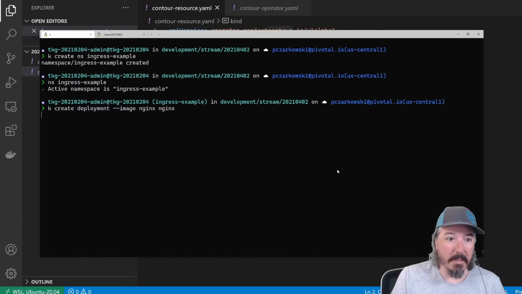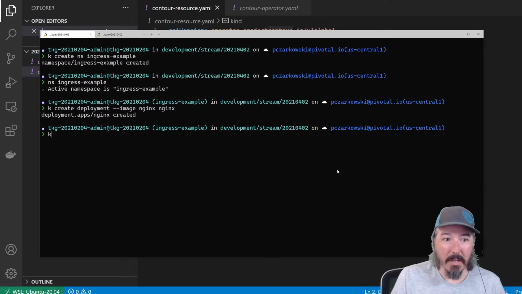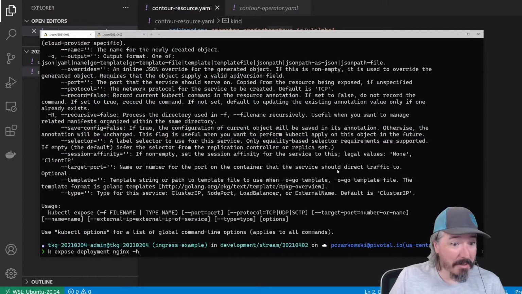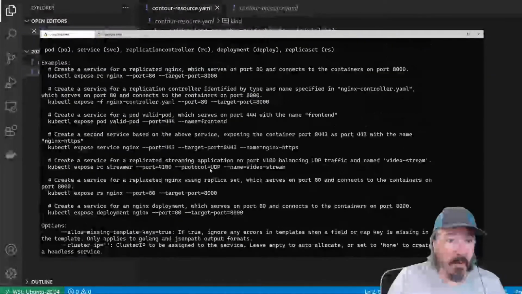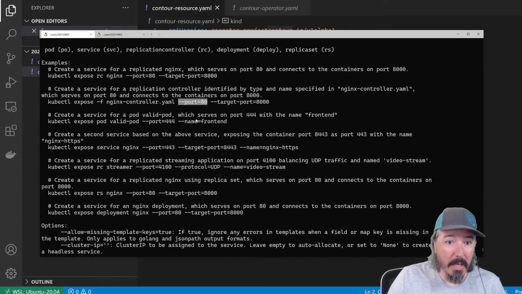Let's call it nginx, right? And then we can do a k expose deployment nginx -h. Wait, whoa, that's a lot of options. Yeah. So I want port 80,